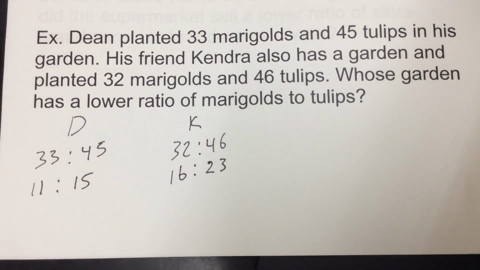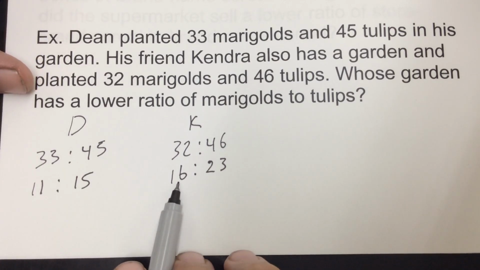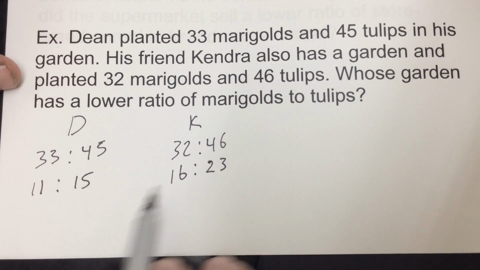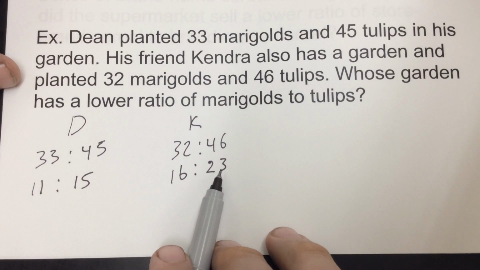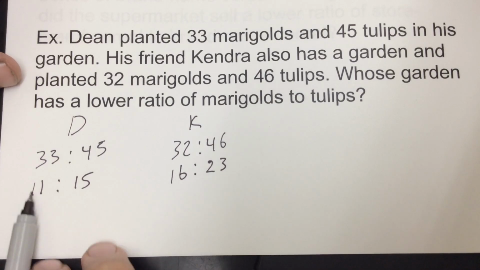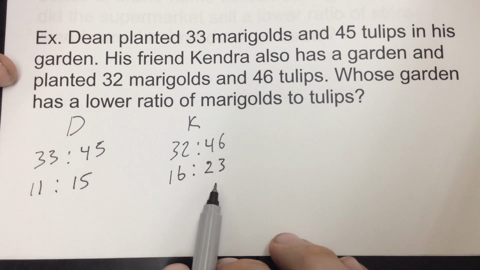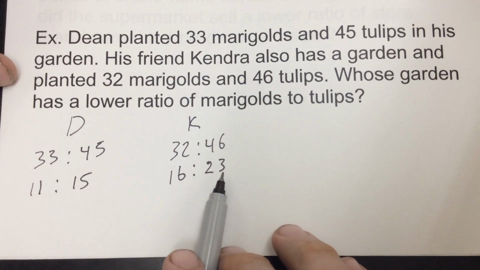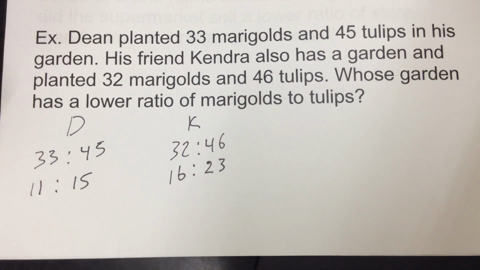So we're looking at the ratio of the first one to the second. So here, we're going up 5 for our first numbers, but then we're going up 8 with our second numbers. So a difference of 4 versus a difference of 7 between our first number and our second number. So as far as the lower ratio goes,